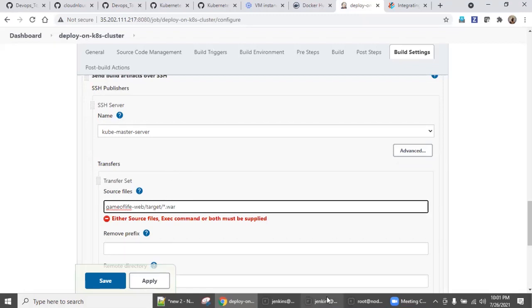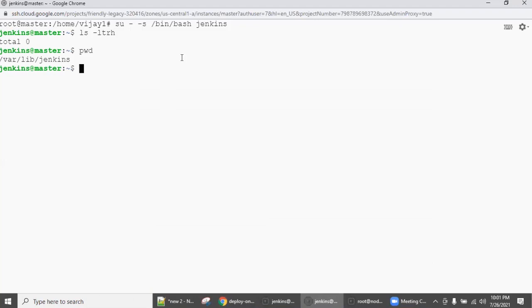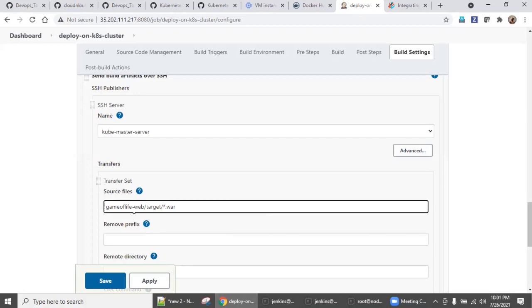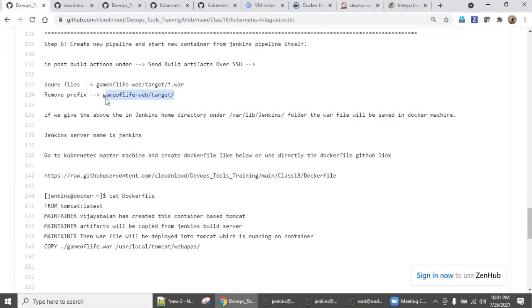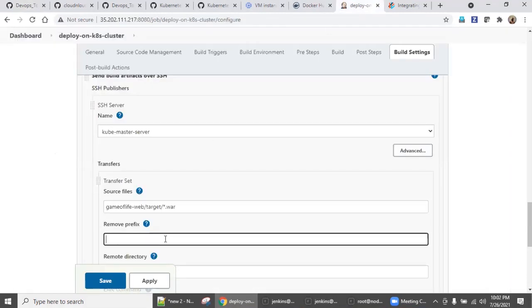Otherwise, if you go to this Kubernetes master, it will create the directory var lib jenkins here. Then it will create the gameoflife-web directory under the target directory. Under that, the war file will be created. I don't want that directory structure. I want to remove it. So remove this. I just want one war file in my home directory.